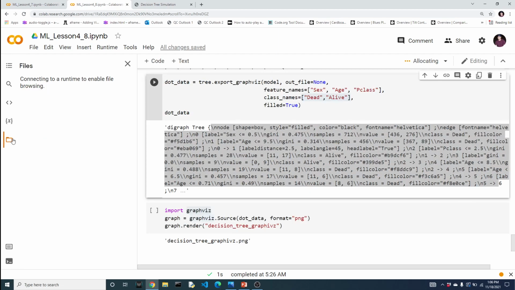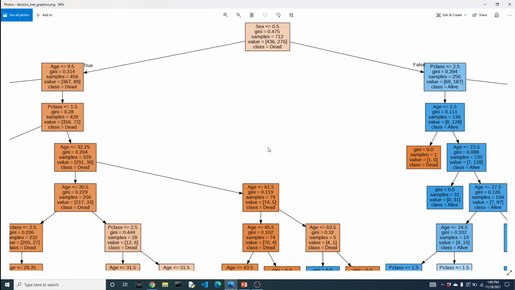Now, I've already run this. Oops. So is it going to pop up? Normally, if you were to run this, you would get the picture here. But I've already run it and downloaded the picture. And this is what that same list of features and decisions from the previous step look like in a graphical format. So you can see here we made a decision on sex. And if you are less than 0.5, meaning you are a male, you will end up going down this route